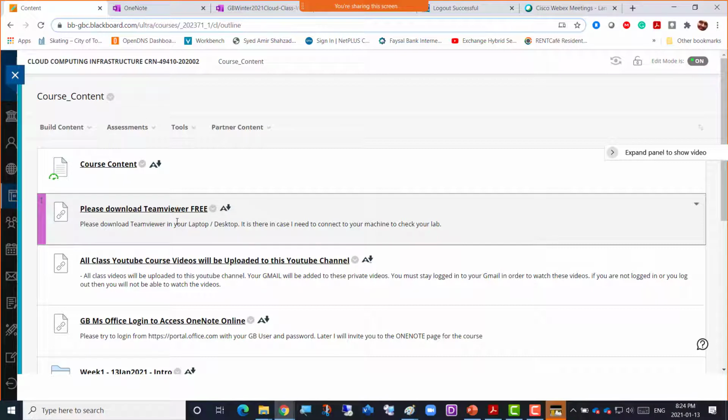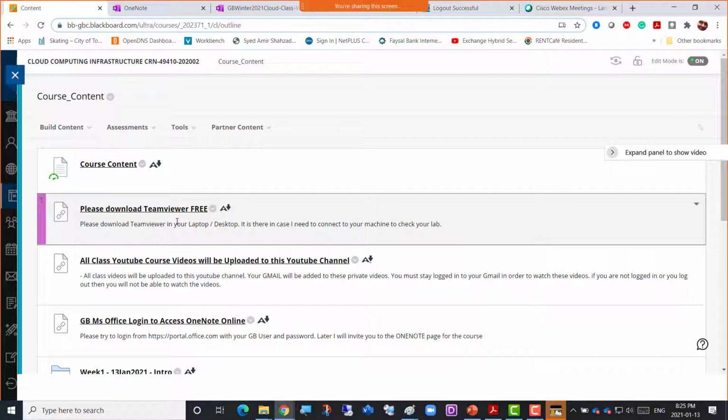Why is that? Suppose you're really stuck with some task and you're not able to do it, so I can remotely connect to your machine through TeamViewer if you have installed it. During the class we may not be able to do that because we have to finish the labs, and if you're stuck with some error, you could just take a screenshot of it, which would tell me that this is the reason you were not able to finish the lab that day before the class ends.